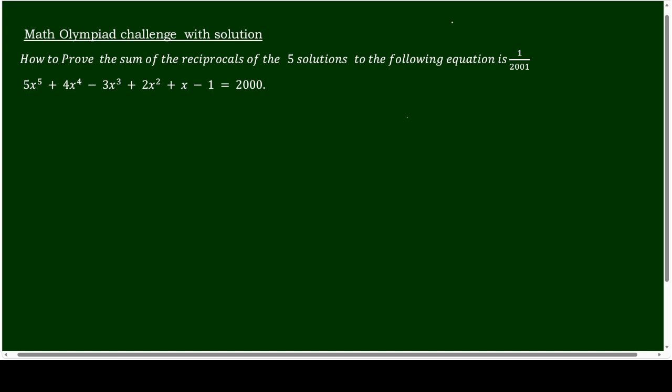So if you are preparing for the Maths Olympiad, this is again a challenging question. How to prove the sum of reciprocals of 5 solutions to the following equation is 1 over 2001: 5x to the power 5 plus 4x to the power 4 minus 3x to the power 3 plus 2x squared plus x minus 1 equals 2000. Or this equation can be written as